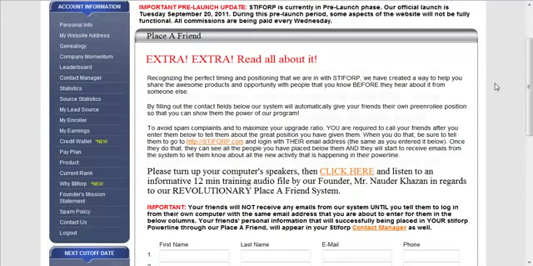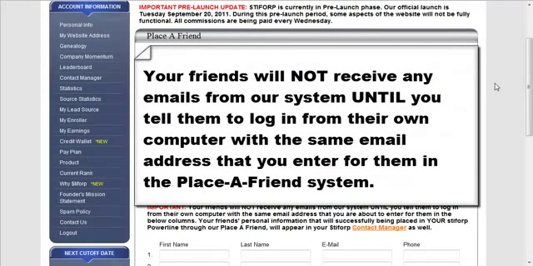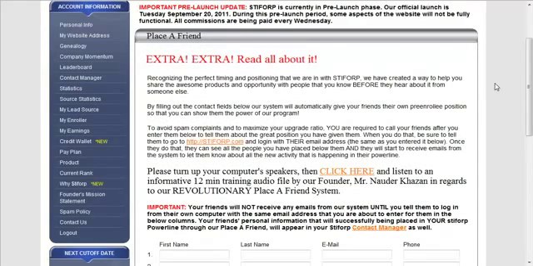Please pay attention to this, that your friends, the people that you enter into the Place a Friend system, will not receive any emails from the system until they log in as a pre-enrollee from their own computer, because it is tracked by IP address. When they go to stifforp.com and they put their email address in, the same email that you enter on this page, what happens as soon as they do that is the system is instantly going to change them from an inactive pre-enrollee, or we call a sleeping pre-enrollee, to an active pre-enrollee, and they will immediately start to receive the